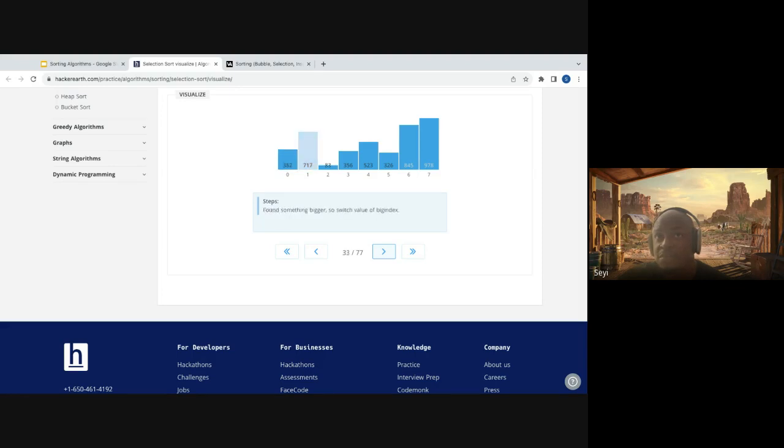Find the next maximum, which is 717 now. Put this in the third position, the third to the last position, sorry. The next biggest item is 523. So we scan, but it's already in the position, right? So we just put it in that position. And we do it for all the rest till we are done. I'm just going to click through. That's essentially how selection sort works. And we are sorted. Okay.